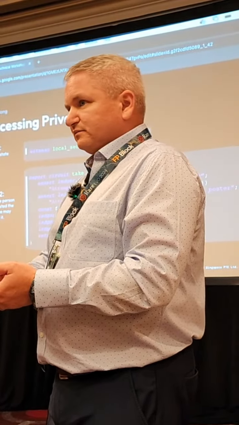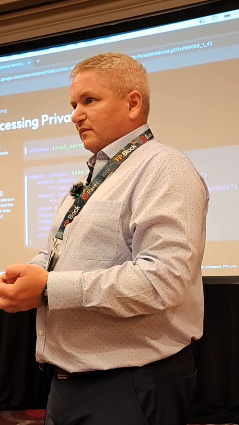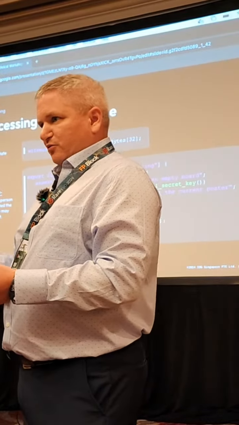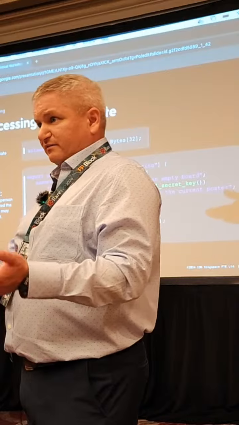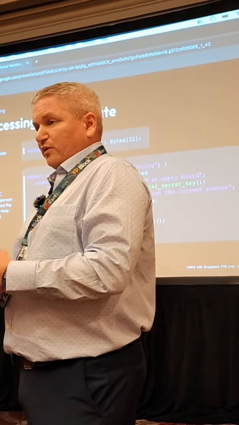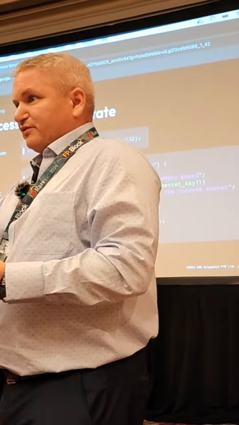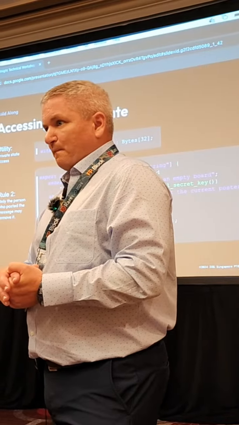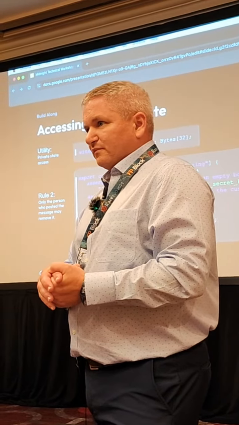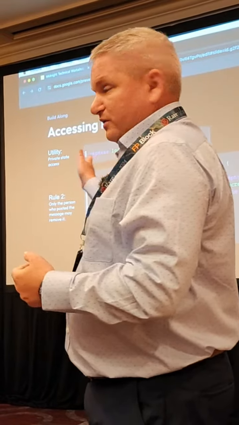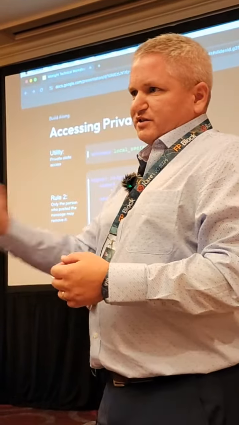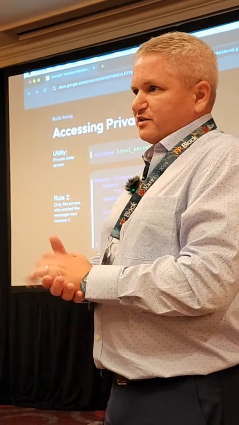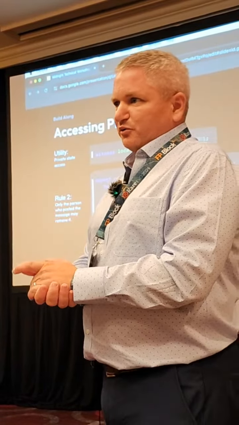If I have a ledger wallet, can I implement this local secret key to get the key and then to hash in my ledgers? As long as your ledger wallet can talk with TypeScript, yes. Or you can bridge it through in one way or another. And so that's left to the developer to determine how they want to do that integration. Do you have an example of how local secret key is implemented? We do. So in this demo, and I could show you in a few minutes, it's just a simple function that just takes a number and passes it up. But you could definitely expand that into something more usable in the real world.